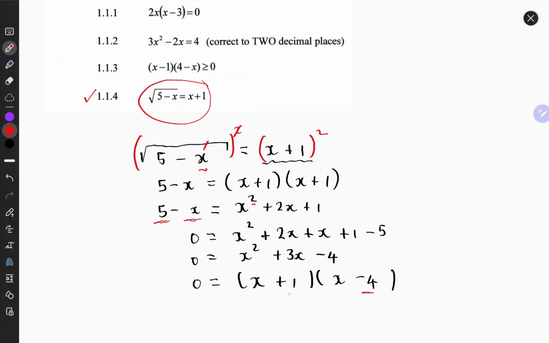The product of these two terms, negative 4 and positive 1, gives us the last term,